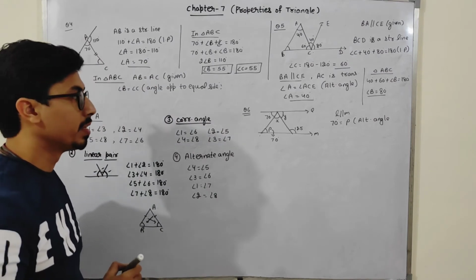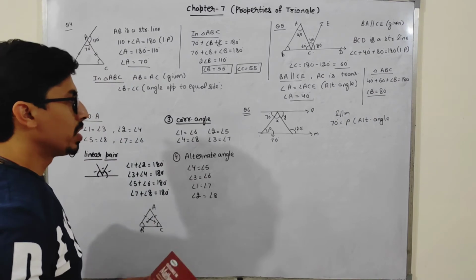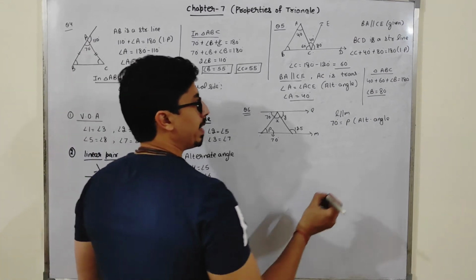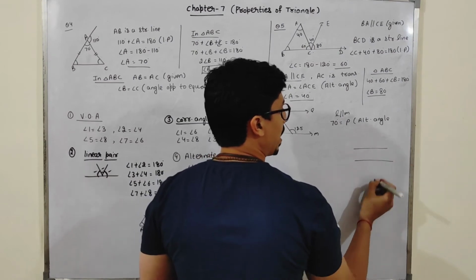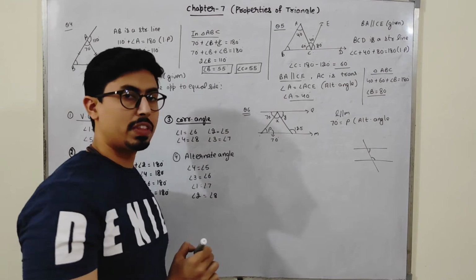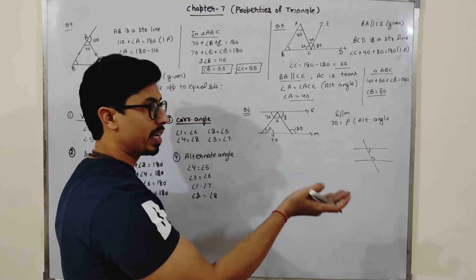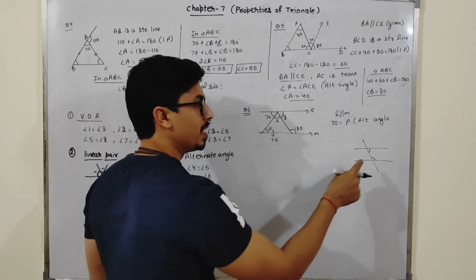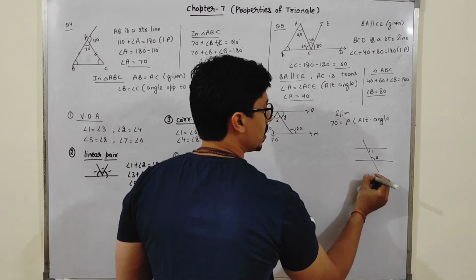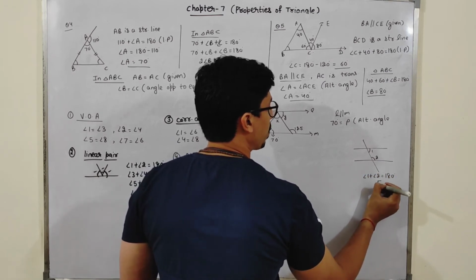Okay, now see, how can I find out the value of x and y? Now see students, to find out this, I am giving you one more property. See, if these two lines are parallel and this is a transversal, the sum of the interior angles, that means one is on the downward side and one is on the upward side, the sum of these two will be 180 degree because of the interior angle property.